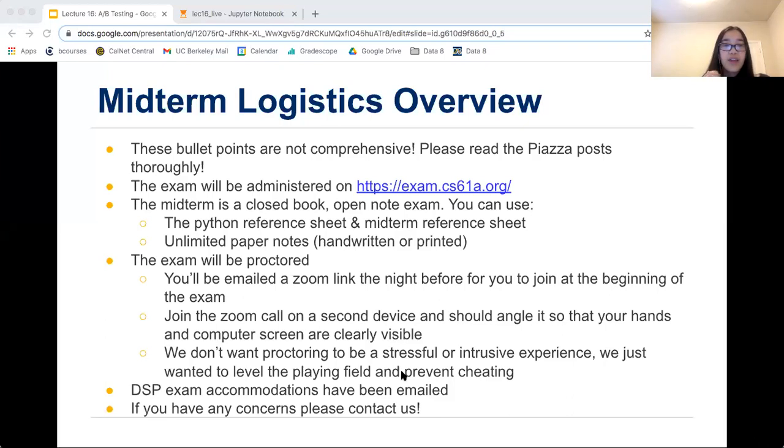Another thing is that DSP exam accommodations have been emailed out. If you think you should have an accommodation and you didn't get an email, please feel free to contact us. We emailed everyone who had accommodations in the portal, so that might have also been an issue. So if you think you should be getting a DSP accommodation, please double check your emails.